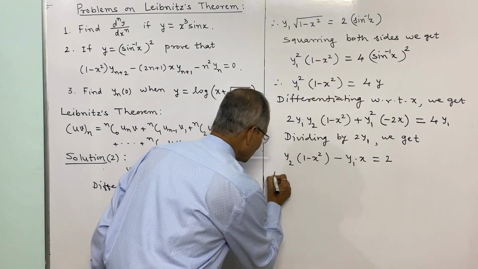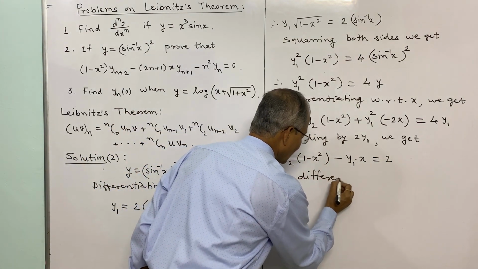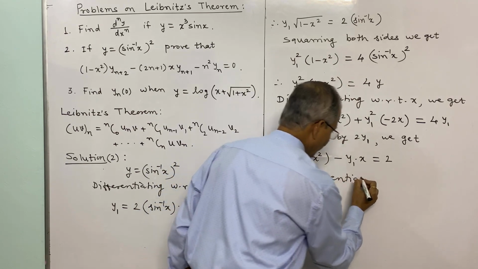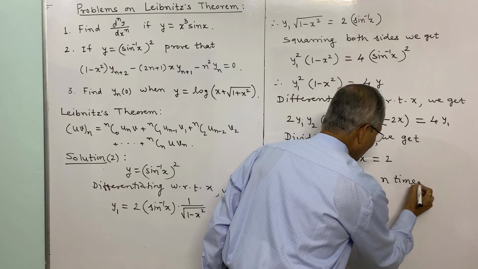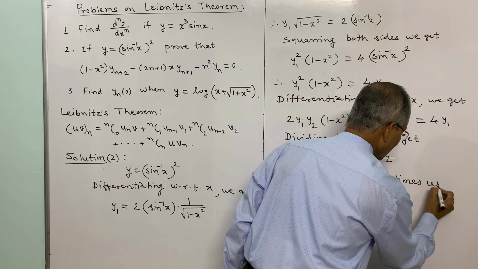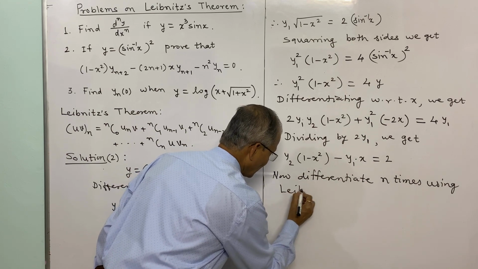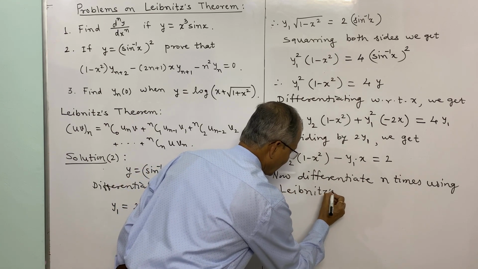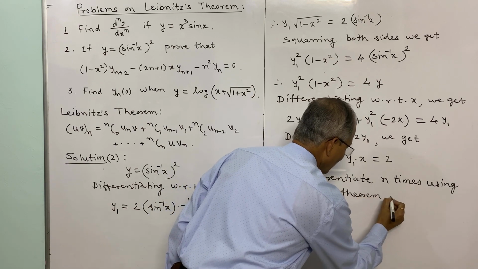Now differentiate n times using Leibniz rule, or Leibniz theorem, we get